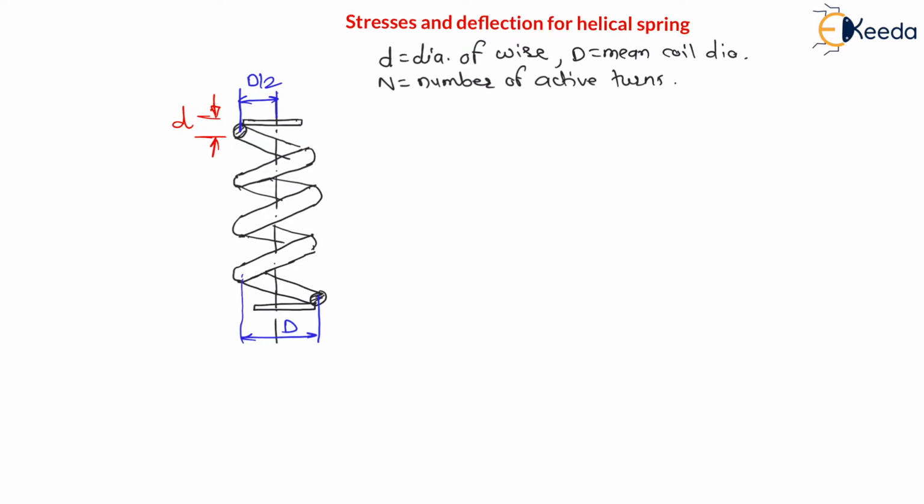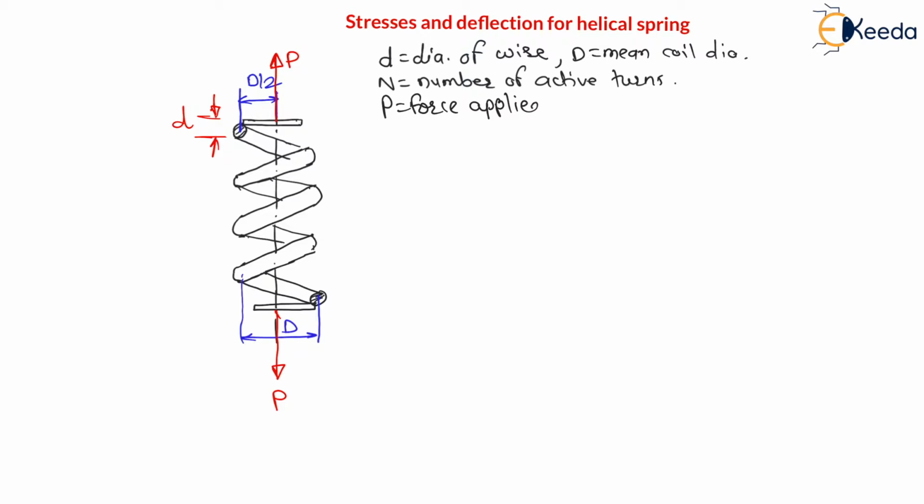The number of active turns means, here this is one turn, second turn, means the spring is wound. There are n number of turns, right? Now the active turns means, after loading, the turns which participate in deformation. This many number of turns will undergo deformation because of loading. And let us say here I am assuming that this spring is loaded under tension. Let us say along the axis the tensile force P is applied. Along the axis on this spring the tensile force is applied. Therefore we can say P is the force applied, right?